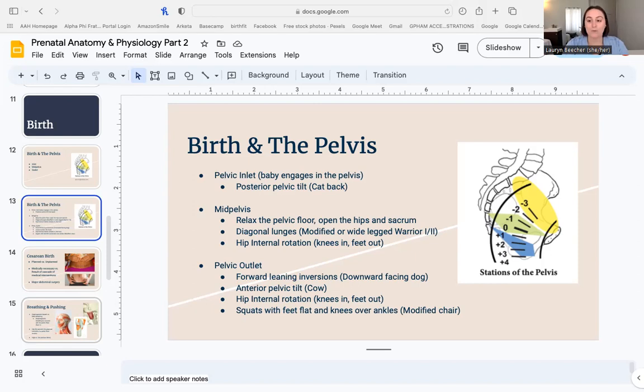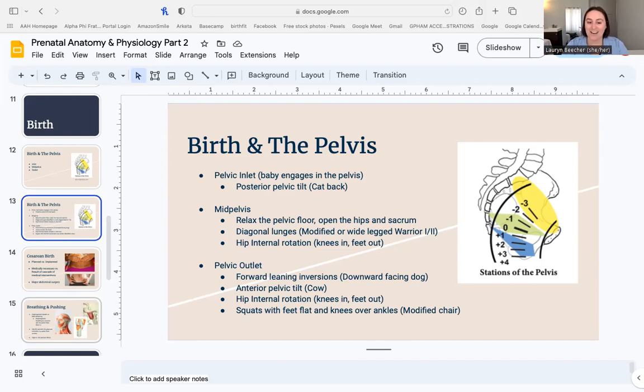So taking that movement to allow your student to feel, here's what happens when my knees are in line with my hips and my feet. Here's what happens when my feet are out. Here's what happens when my knees are out. That way they can feel the changes at the sit bones, at the tailbone, and the pelvic floor. So if they're feeling a lot of pressure in one area of the pelvis, or labor is slowing or stalling, saying, well, what happens if I change those angles and those pressures and open different areas of the pelvis? Is that the space that the baby needed?